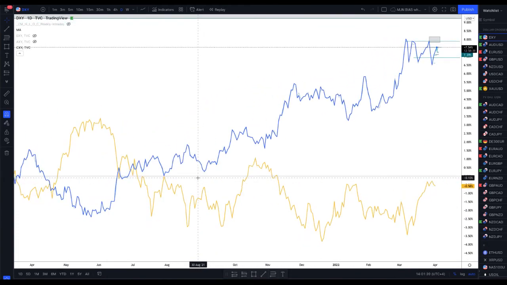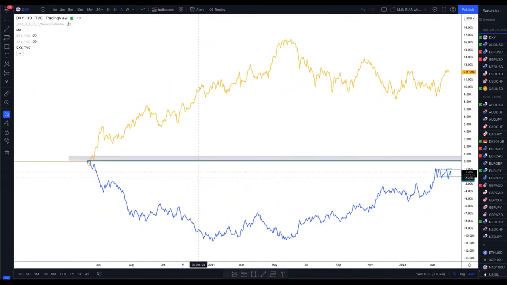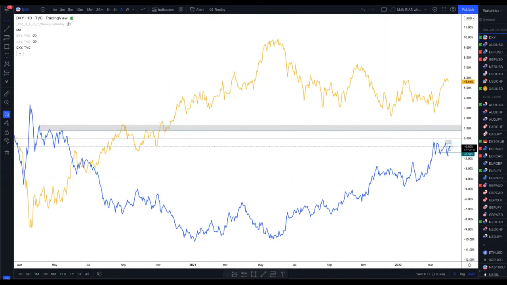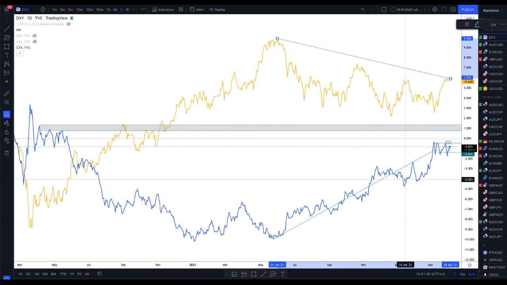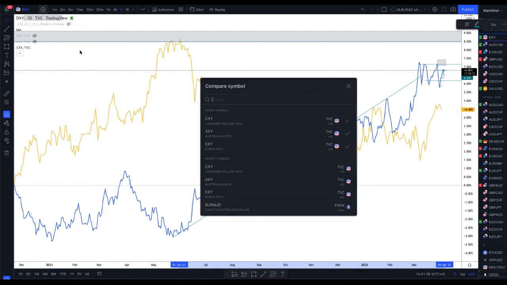So this is the best way to have a look at the overall correlation between the pairs. It's a little bit messy. When you move the chart, it goes all over the place because it's showing you quite a lot. But what you can see, for example, more recently this year, is this upward move here, when the CXY was 10% down, it's actually recovered all of that. In the same time, the dollar has gone down half as much, okay? So this is probably the best way to keep an eye on what's happening and if things are correlating as they should do. The other one you would compare it to is